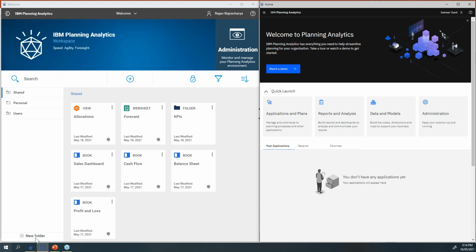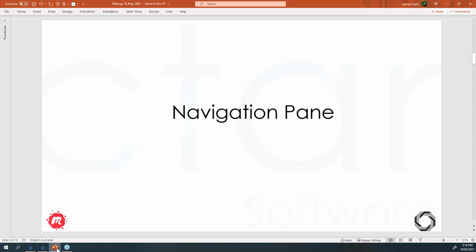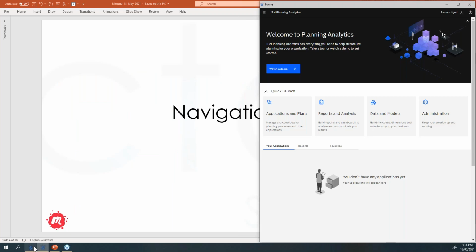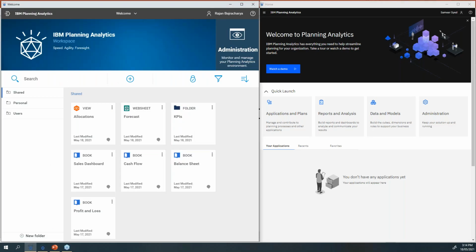The first one I have, as I mentioned in my PowerPoint slide, is the navigation pane. Even before I jump into the navigation pane, you can instantly see that the look and feel of the landing page itself has changed a lot between version 57 and version 63. In version 57 and the versions before it, you have a lot of things going on.